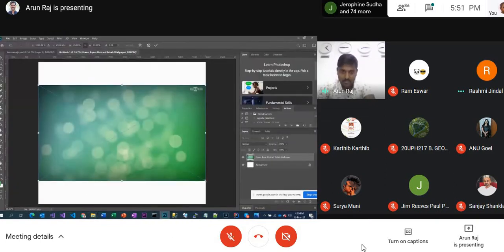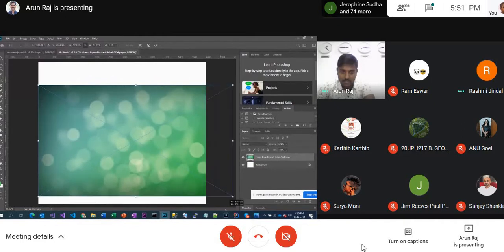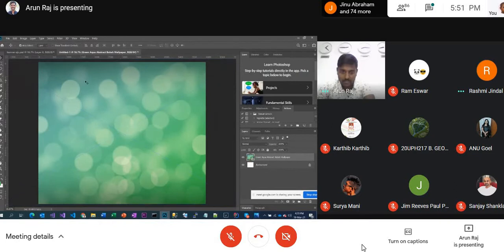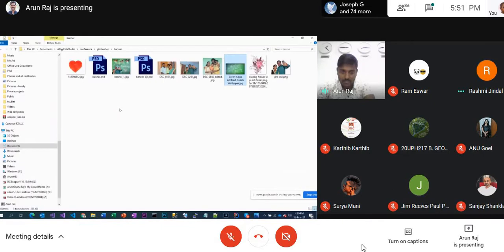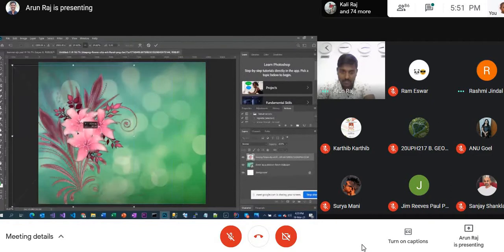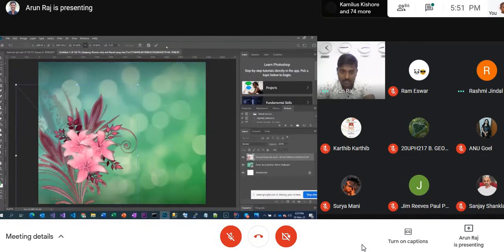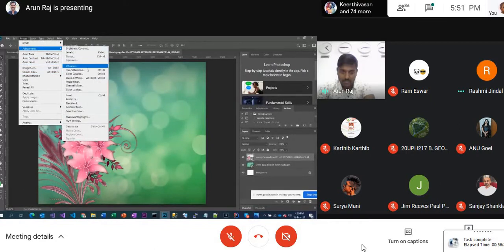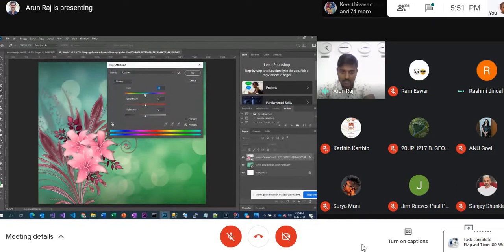So we are taking this. I'll just expand it so that it will occupy the entire space. Okay, I'll ensure that, I just did it with a small image. Then I'll take this one. So it has to be in the back. Okay, somewhere like this. But now I need to adjust the color, because this is not matching with the color of this one. So I'll go to image adjustments. In this case, I am taking hue saturation so that I can play around with the color.